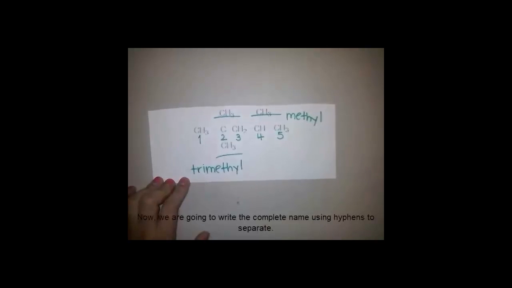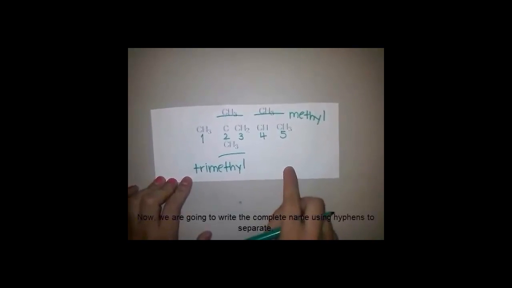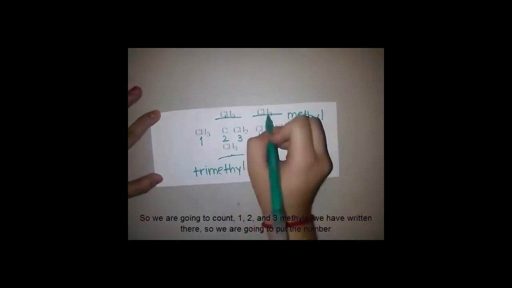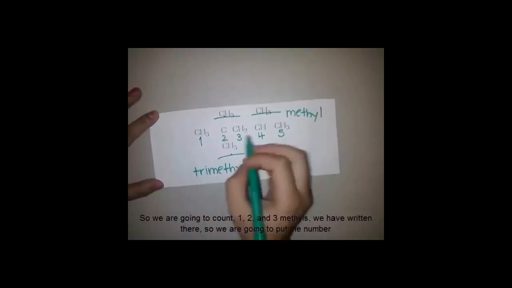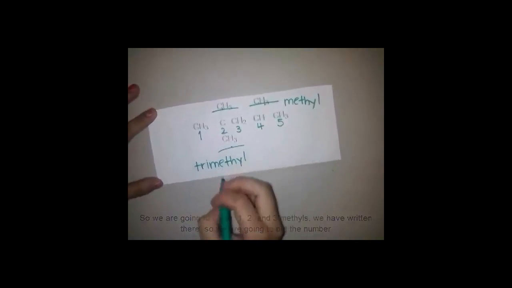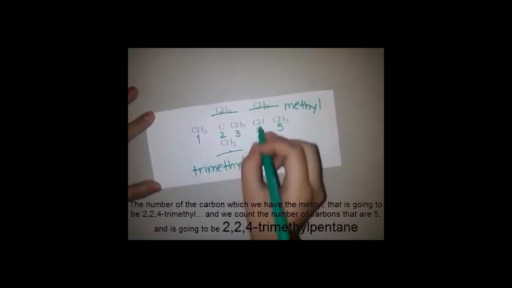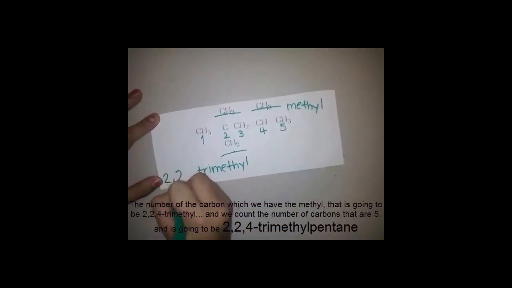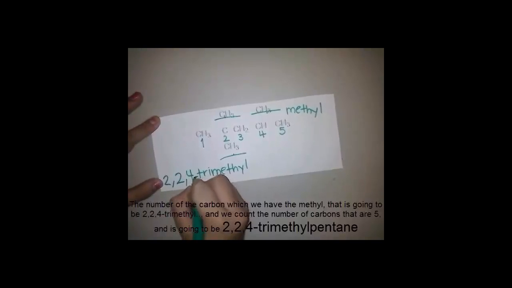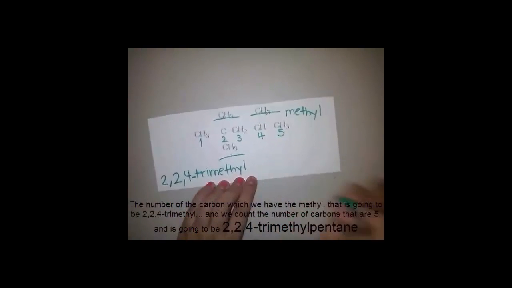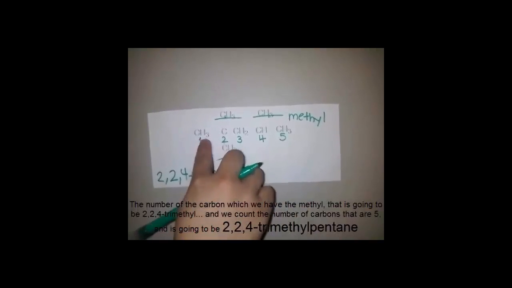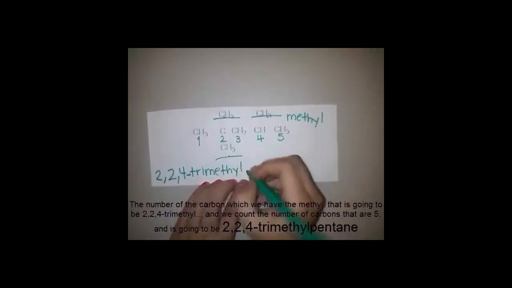Now we're going to write the complete name using hyphens to separate. So we're going to count 1, 2, and 3 methyls. We have it right there, so we're going to put the numbers of the carbons in which we have the methyl. That is going to be 2, 2, 4, hyphen, trimethyl, and we count again the carbons that we know that are 5, and it's going to